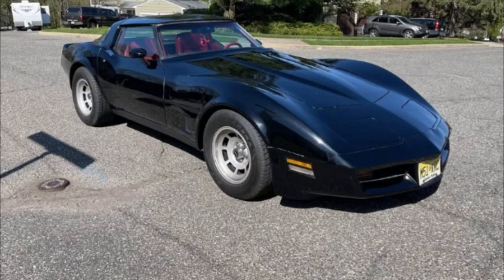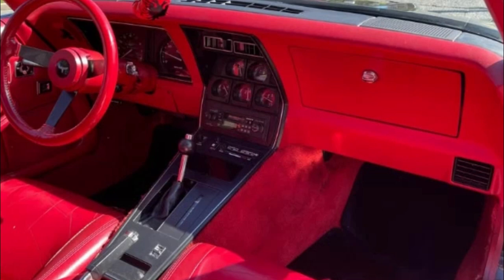Recent updates have ensured this classic is ready to hit the road. It comes with a new battery, new brake lines, fresh brake pads, and brand new tires, making it not just a showpiece but a reliable driver as well. The seller notes that it runs like new, smooth, responsive, and with that distinct Corvette sound and feel that enthusiasts